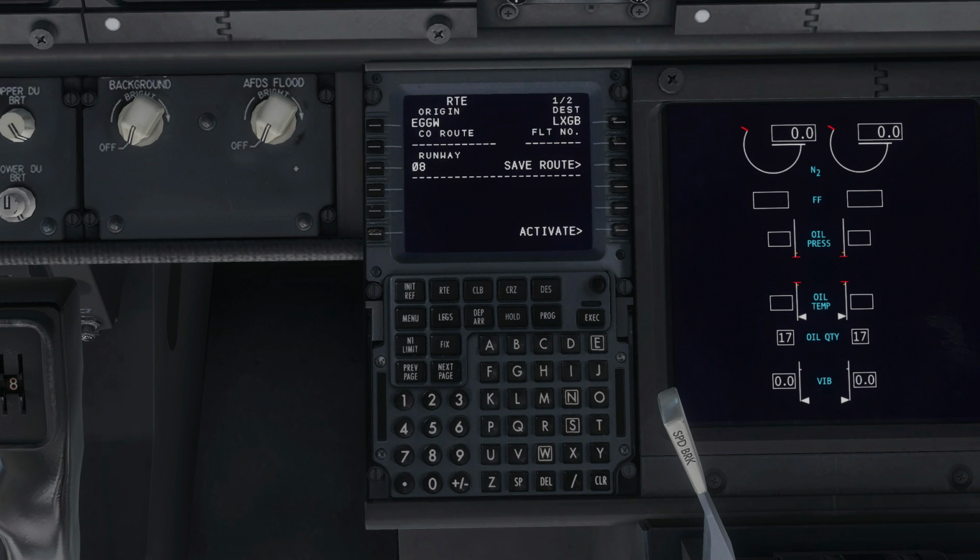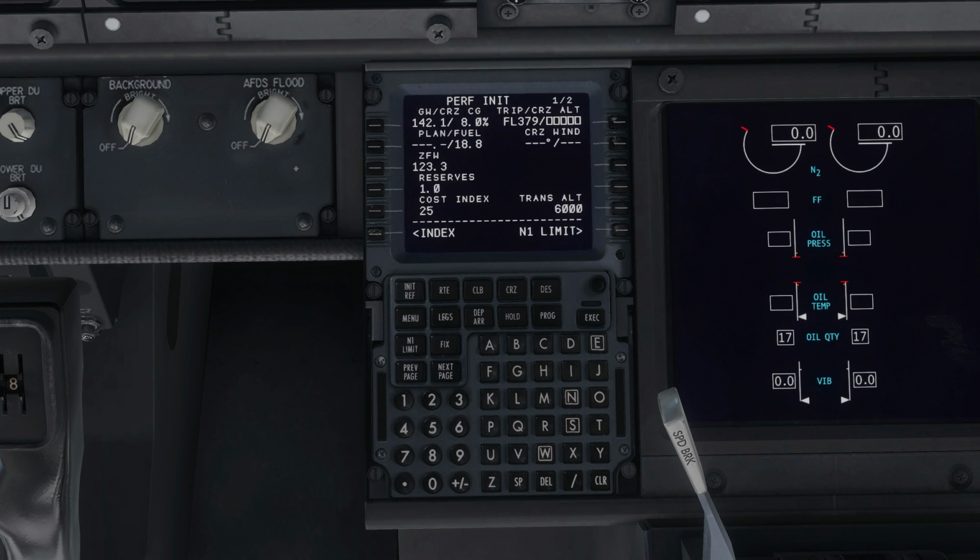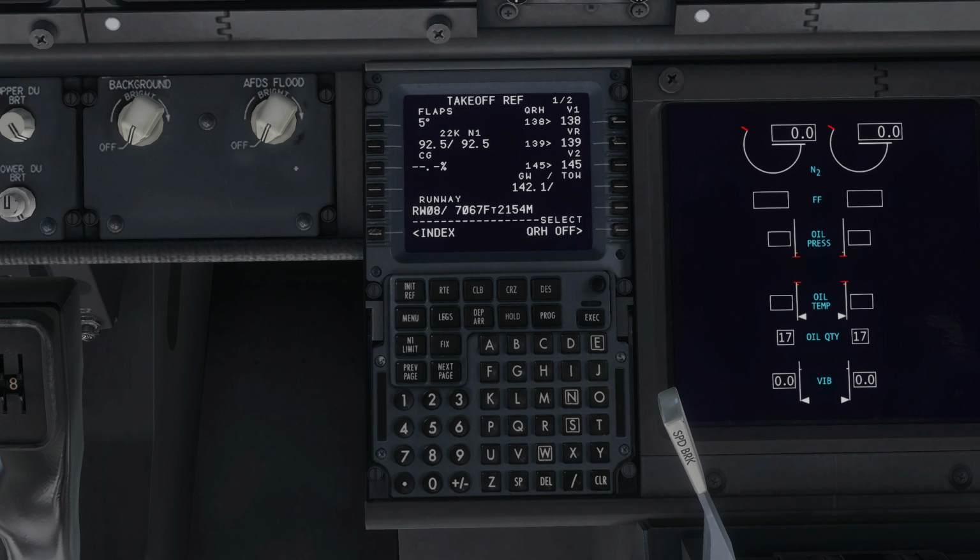So once that's all set, then you basically want to click activate, and then you go to your perf N1, which will bring up what we just did. So you do your route, then the perf initial will click up. It says we can go for 379. I'll tell it we're going to go for 370, and then you basically execute that, because we've already done our